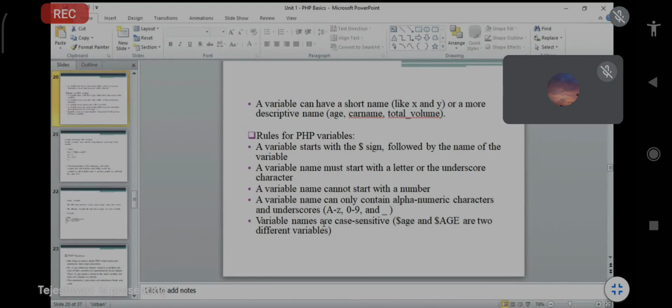variable names are case sensitive. Suppose, for example